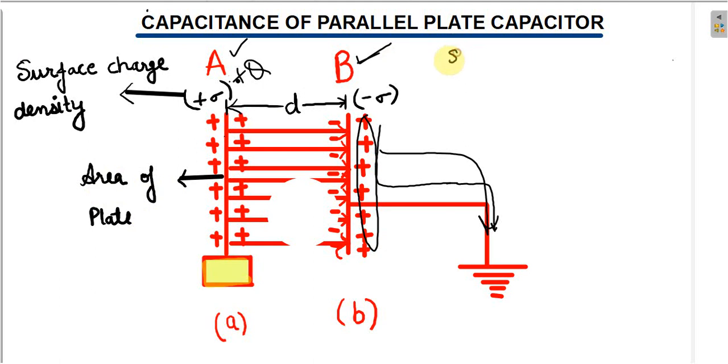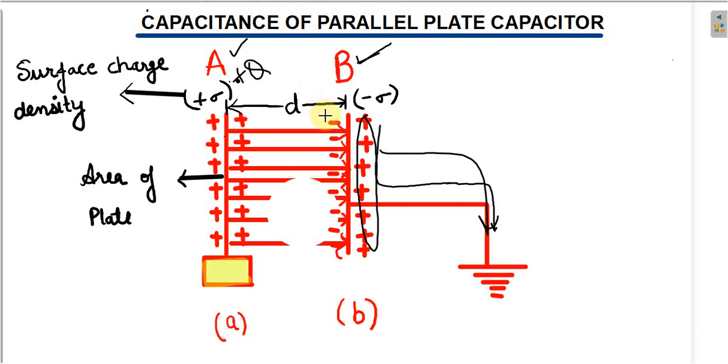The first condition is both plates should have the same area, and the second condition is the distance between the two plates, that is d. This distance should be very small. This distance should be small and this area should be the same. So in that case, the capacitance of a capacitor gets increased. So now we will derive the formula for that, how the capacity of a capacitor will increase. So one by one we will derive the formula. Let's do it.